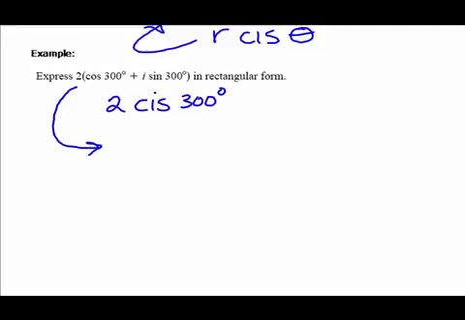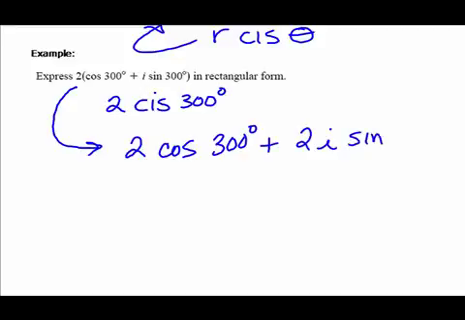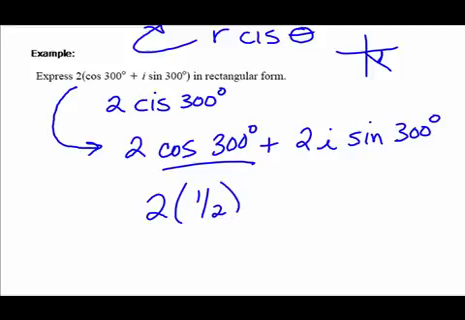Well, 2 times the quantity cosine 300 degrees plus i sine 300 degrees is the same thing as 2 times the cosine of 300 degrees plus 2 times i times sine 300 degrees. And 300 degrees is a quadrant 4 angle where cosine is positive and the reference angle is 60 degrees. And what's the cosine of 60 degrees? 1/2. So this becomes positive 1/2. So we have 2 times 1/2